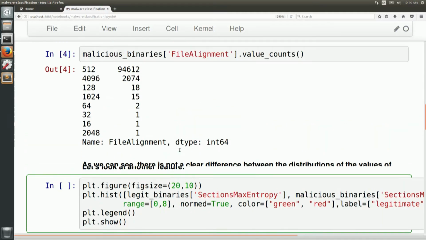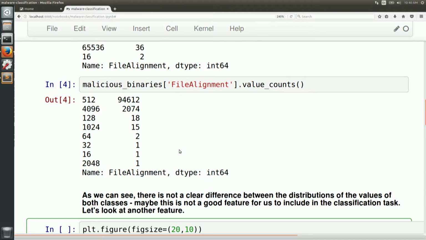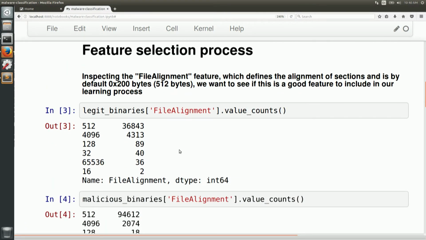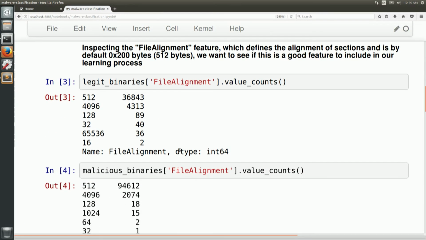We have two dictionaries here: legit binaries and malicious binaries. As the name suggests, legit binaries are benign, malicious are malicious. So we're going to see if there's any clear differences that can immediately tell us if this feature is useful or not. And a lot of the time, manually inspecting these features, if you don't have a lot of features,